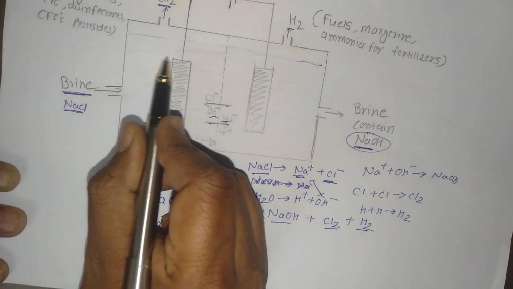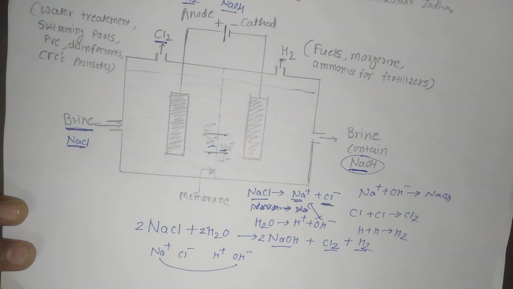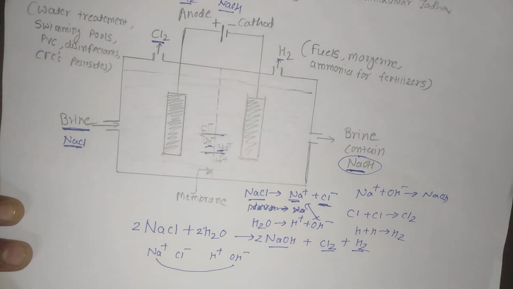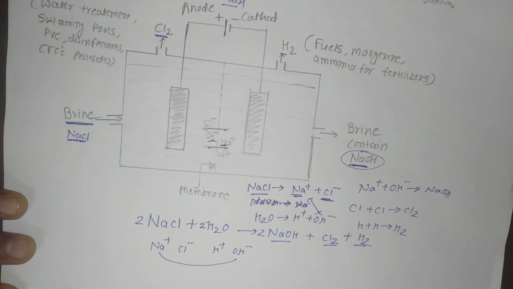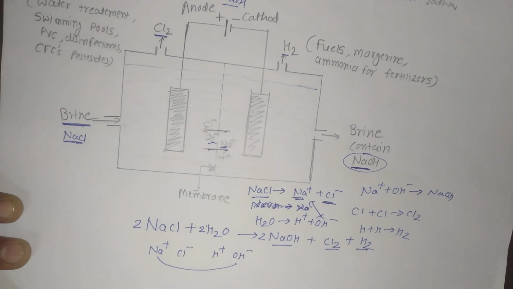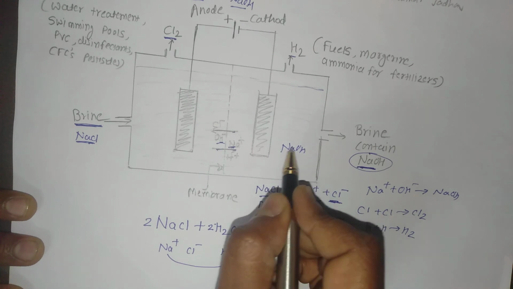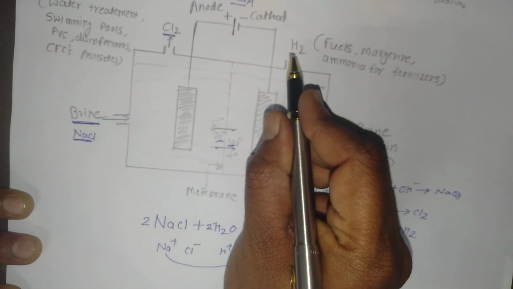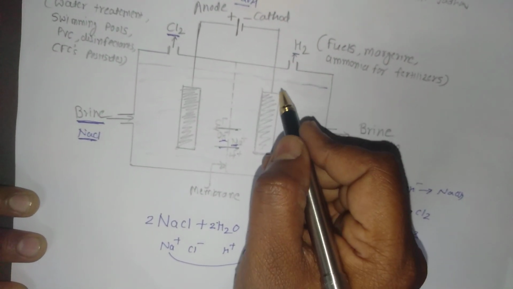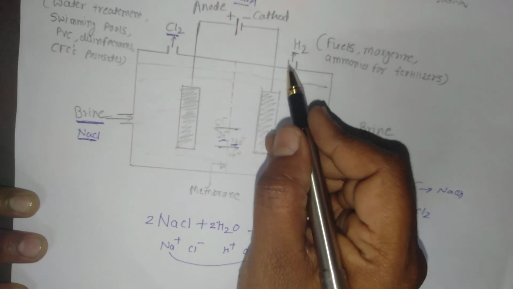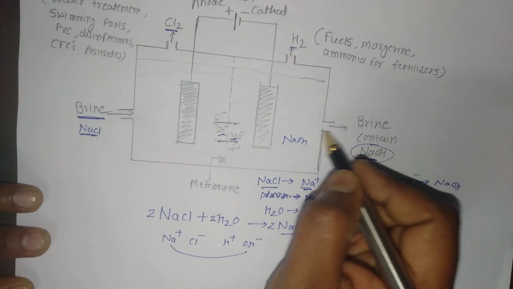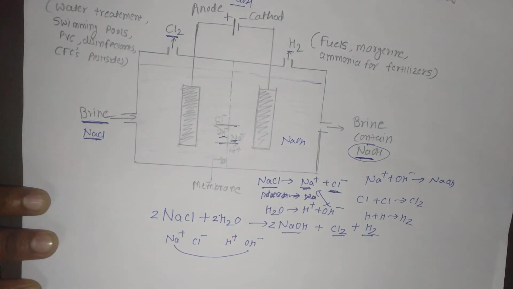So chlorine gas is given off at the anode. Chlorine is separated at the anode, you can take it out from here, and the hydrogen gas is obtained at the cathode. You can see it is obtained at the cathode over here, and the sodium hydroxide solution is formed near the cathode. NaOH will be forming over here. The gases will be taken out from the upper end because gases are lighter, so they go out this way. Chlorine goes out this way, and NaOH solution will be taken out from this side.